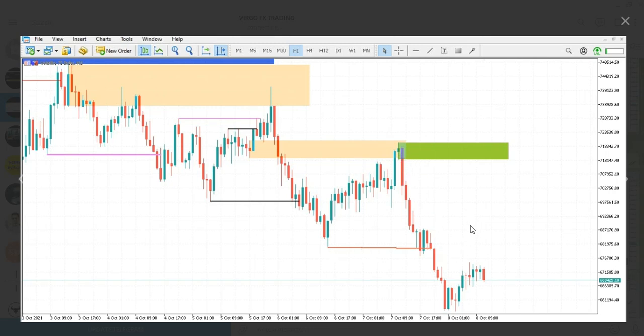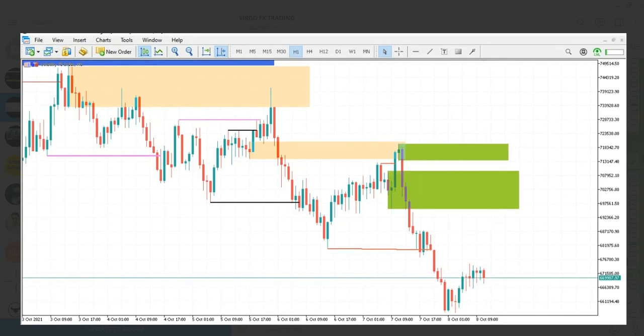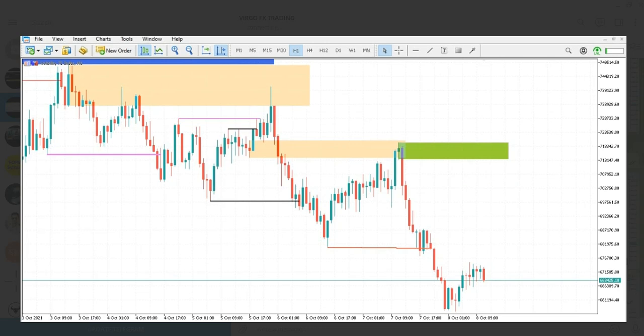that broke the structure here. Let's wait here for now. As I said, we have another structure here that was formed but was broken by this move up. Notice now we have this last bearish candle. We have to cover it up until this wick here, prior to the move up that formed another last up candle prior to the move that broke the structure.